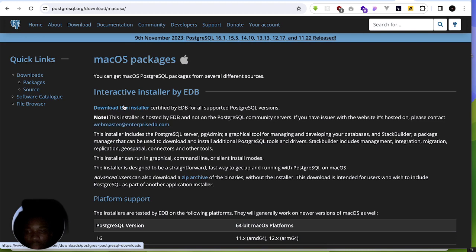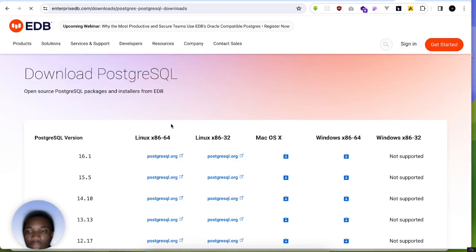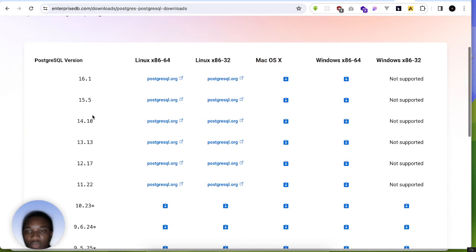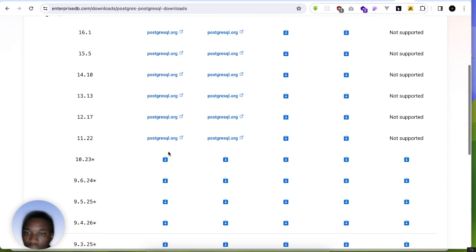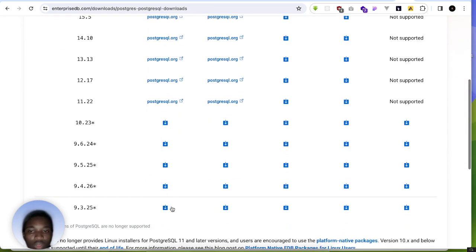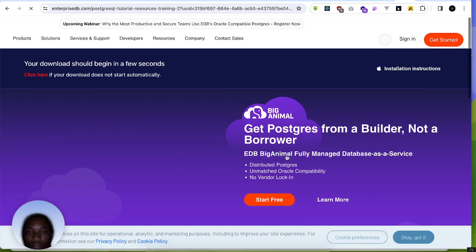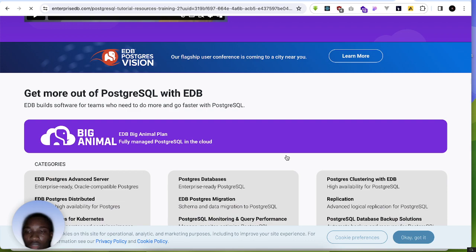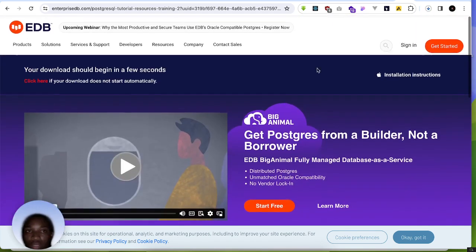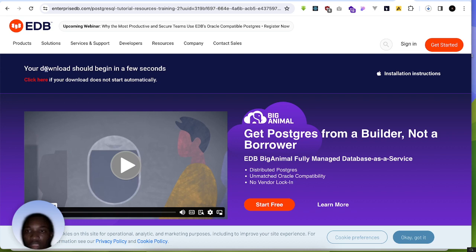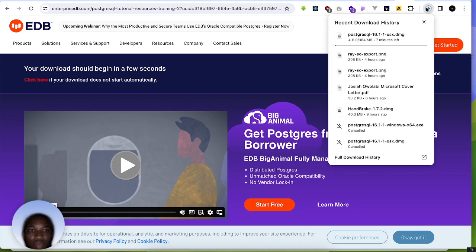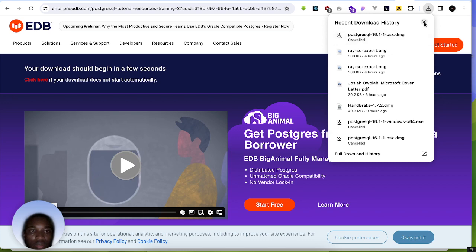So to get that installed, we click on the download installer. Then we come to the screen here that shows different versions of Postgres. So if you're using Linux, for example, with 64 bits, you can download Postgres from the latest version to version 9.3. And it's the same thing for Linux 32 bits. If you're using macOS like me, you just click on download here, and you're able to download Postgres. So you get that pop-up there that says your download should begin in a few seconds. For me, I already have it installed, so I will delete it and